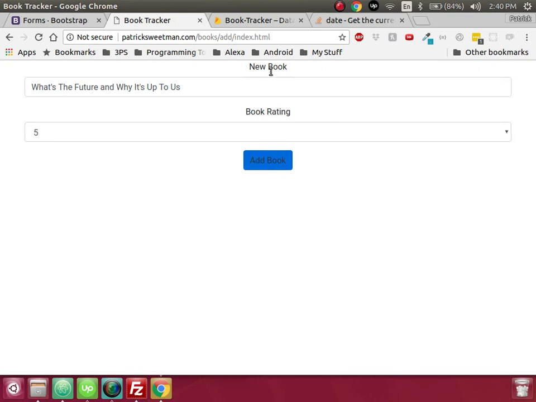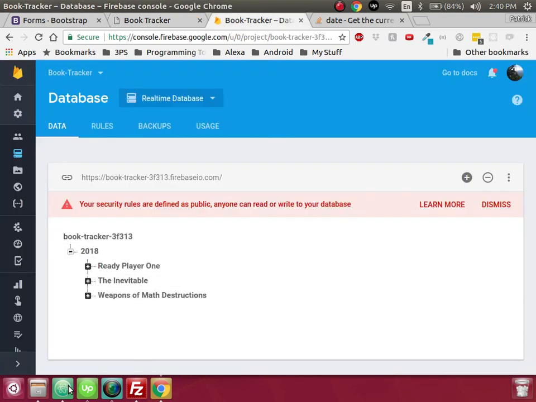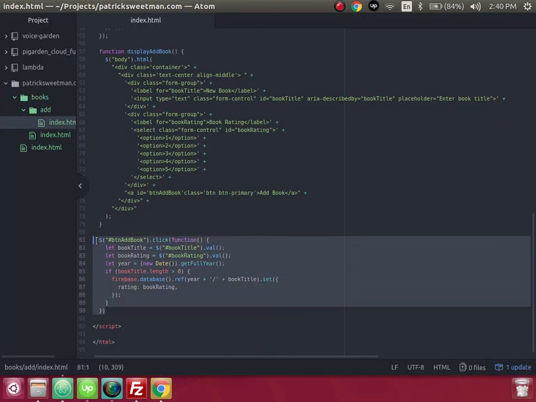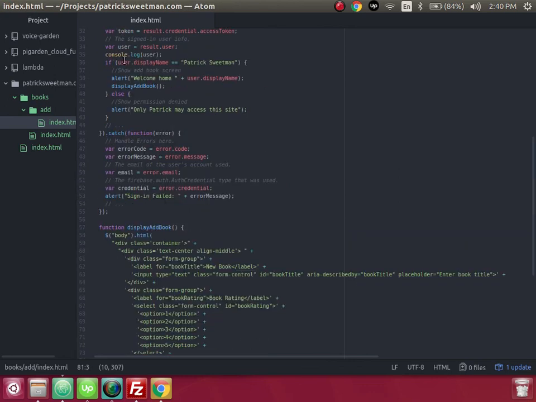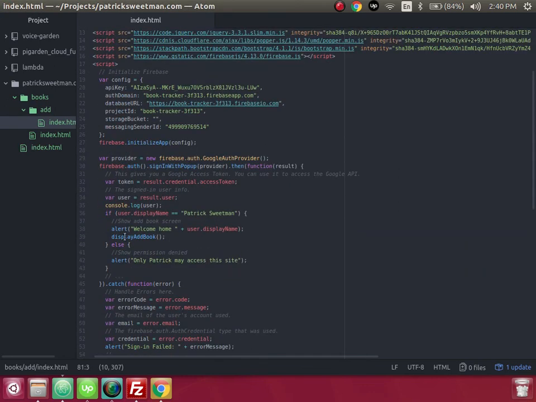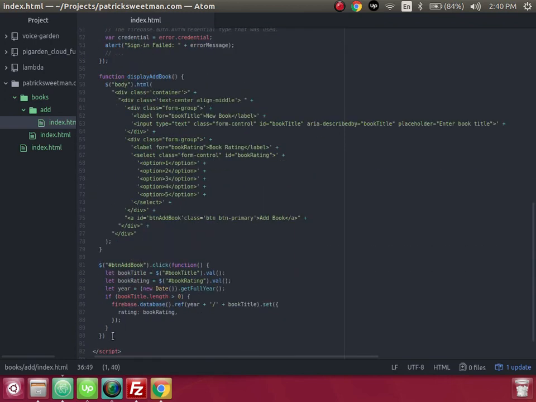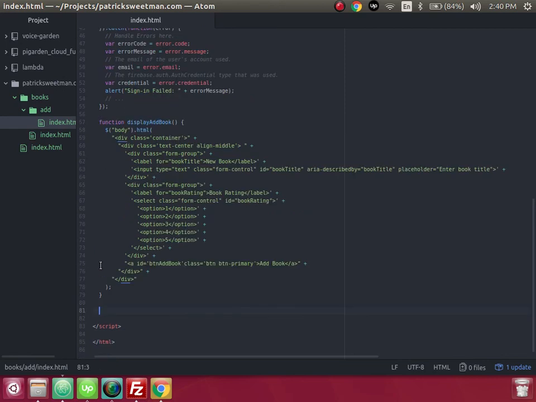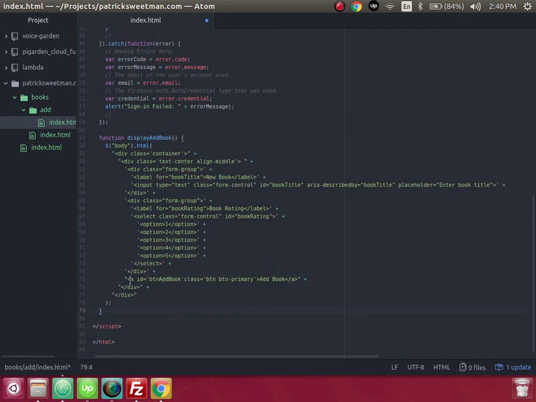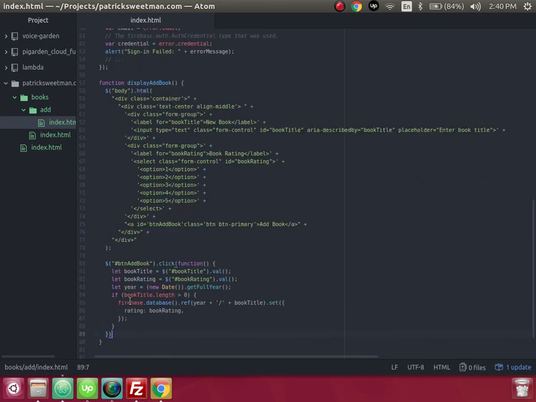So what that makes me think is that we can't add this .click function unless the button add book actually exists. Because it only exists once the user is signed in, see, we don't display add book until the user has actually been confirmed to be Patrick Sweetman. We can't create this listener function until this button has been created. So once the button's been created, we can actually assign that click function,